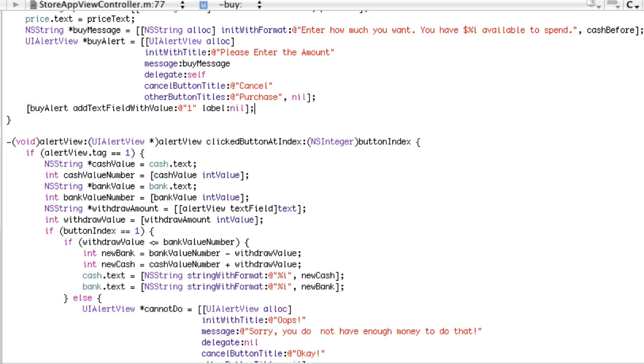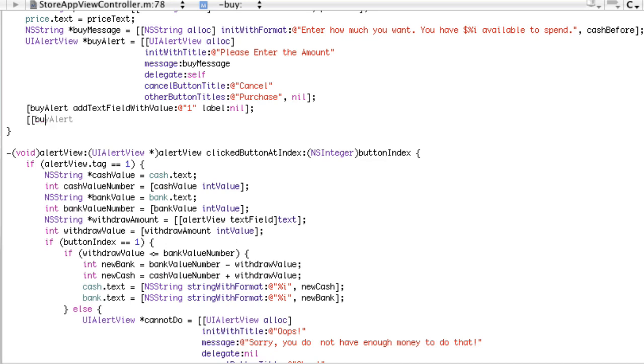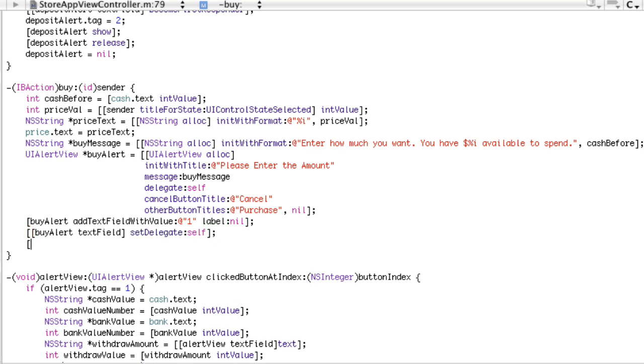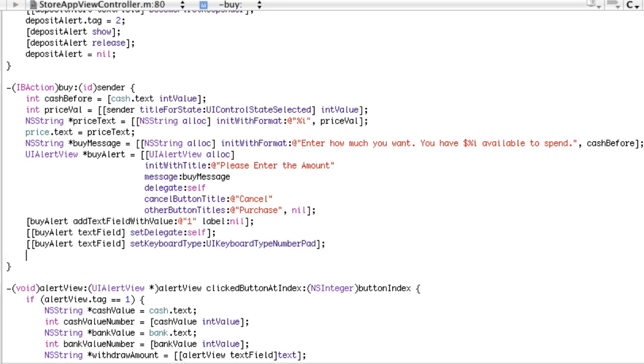Then we're going to close bracket, semicolon, and we're going to go bracket by alert. Let's scroll up here. By alert, text field, set delegate self, close bracket, semicolon, bracket by alert. We're setting the attributes of the text field right now, just like we've done previously. Text field, close bracket, set keyboard type, and we're going to make this UI keyboard type number pad. Close bracket, semicolon, and bracket